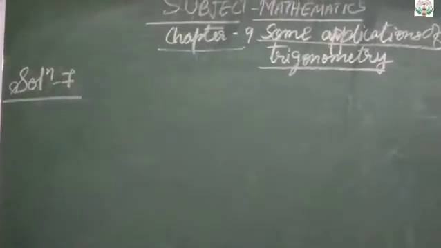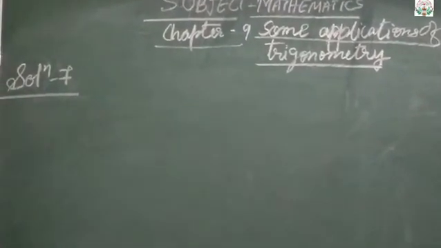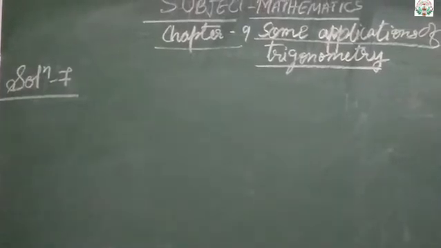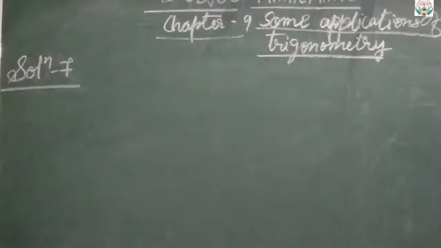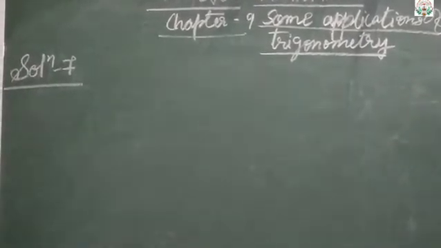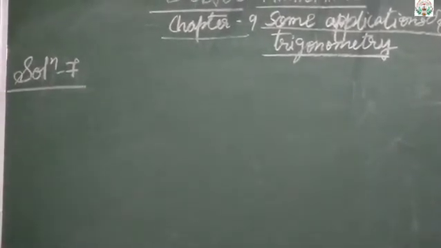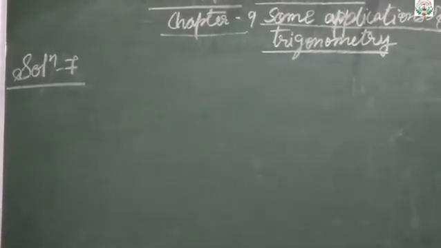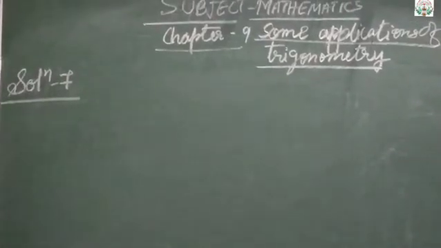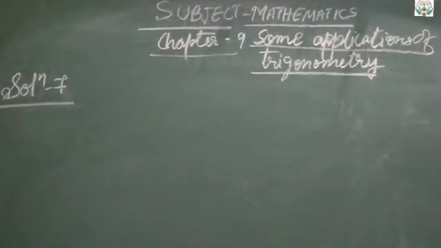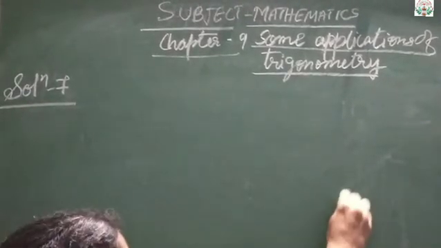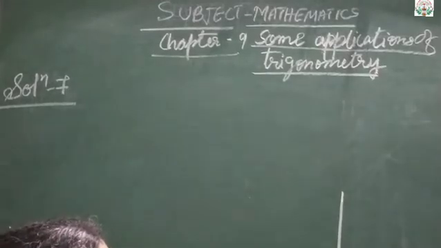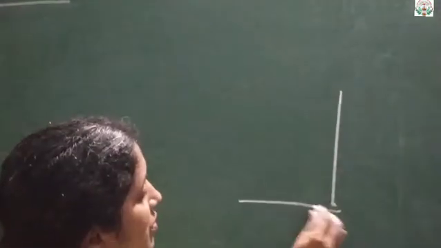See the seventh question: from a point on the ground, the angle of elevation of the bottom and the top of a transmission tower fixed at the top of a 20-meter high building were 45 degrees and 60 degrees respectively. Find the height of the tower. That means here in the question, the tower is on the top of the building. Suppose here this is the top of the building, that is, suppose here from the ground